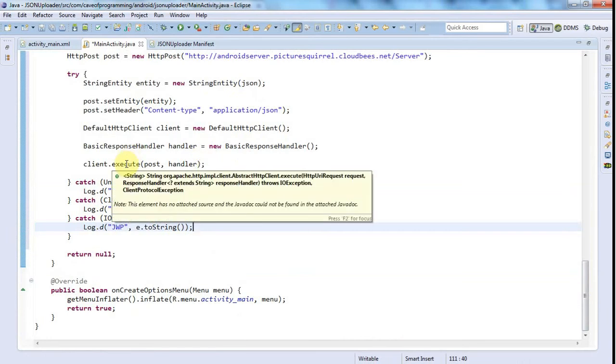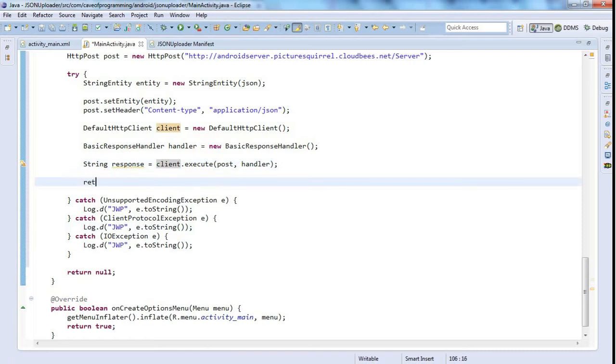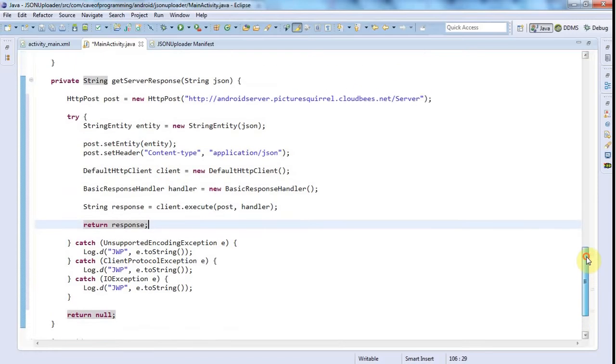And this returns a response, which in this case is going to be a string, and that's going to be the data that my servlet sends back, the stuff that I wrote in my servlet with out.println. If you had a PHP script, of course, you'd send your data back by some other method, but it's just stuff that the servlet, or the server in general, just prints out. That's what we're going to get back here. So let's say string response equals client.execute, and now I'll just say return response,